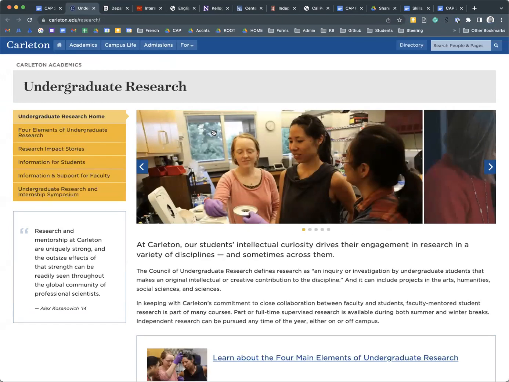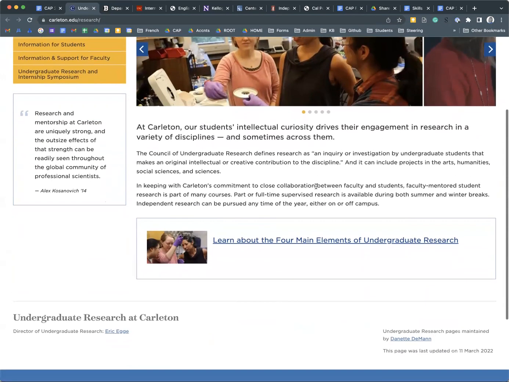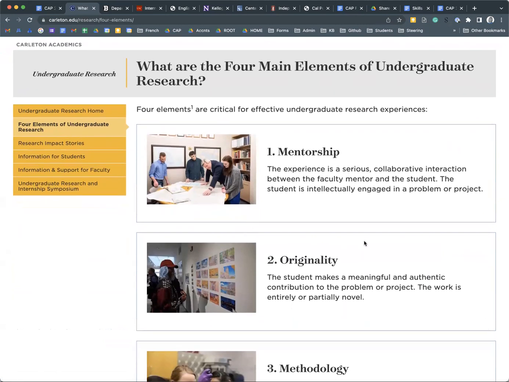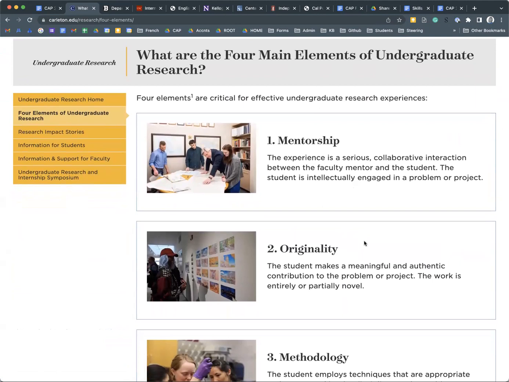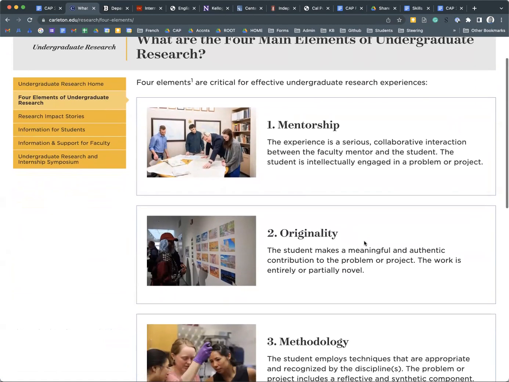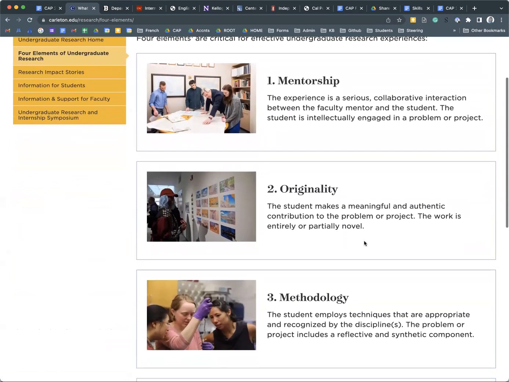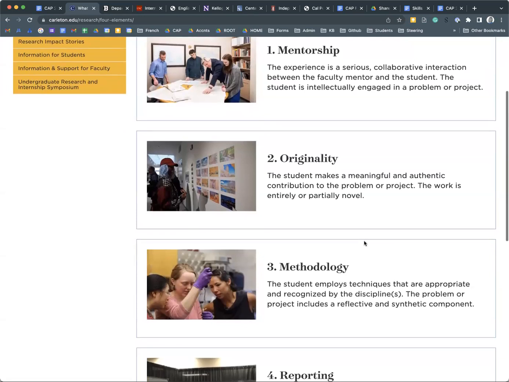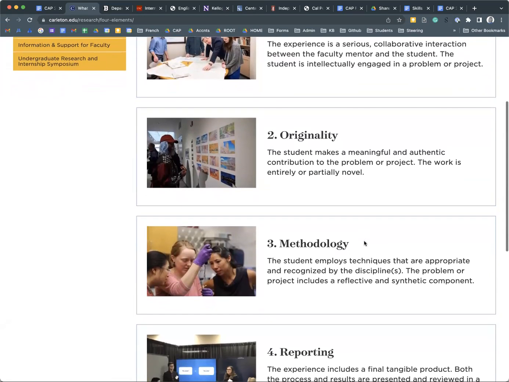undergraduate research. This is Carleton. Carleton is very well known for their STEM. They're a very strong school in STEM. They very much focus on undergraduate research. In fact, they have a whole curriculum built around it and a pedagogy around it. So they are teaching you mentorship. You are being mentored by a faculty member because, again, the faculty members don't have graduate students to help them. So they're going to mentor you through the process of working in their lab or doing their research. They focus on originality. They often inspire students to take on their own research projects, and sometimes they provide grants for you to do that.